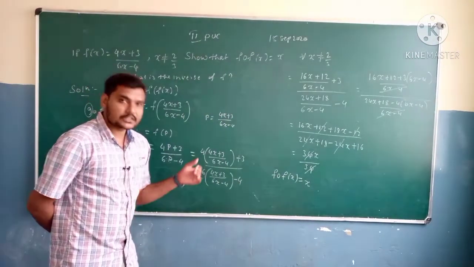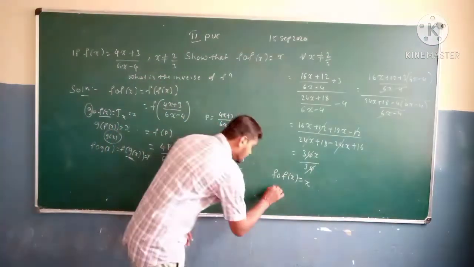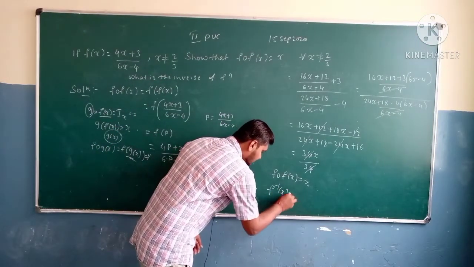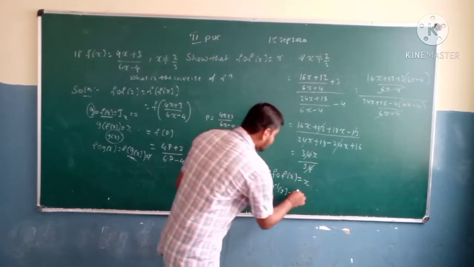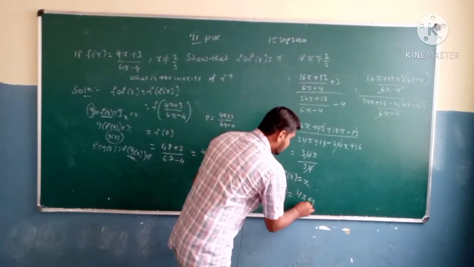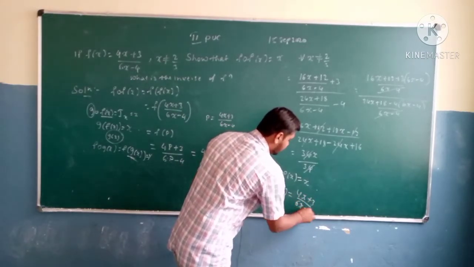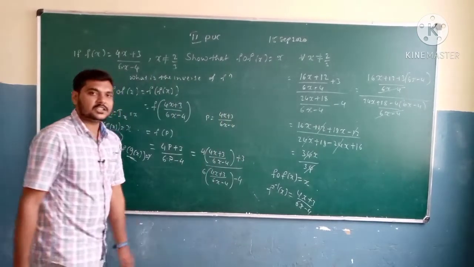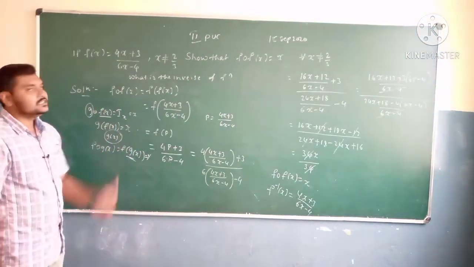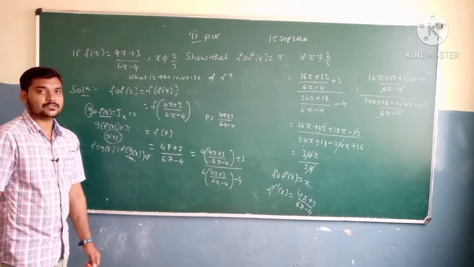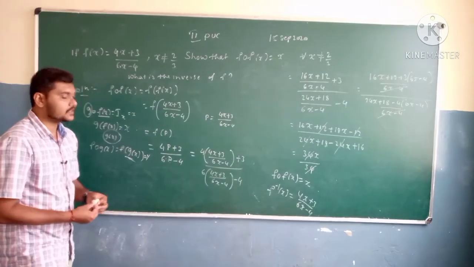So according to this statement, ಈಗ x ಗೆ ಬರ್ತಾ ಇದೆ, fog ಅಲ್ಲಿ x ಬರ್ತಾ ಇದೆ, ಇನ್ವರ್ಸ್ ಫಂಕ್ಷನ್ ಆಗ್ತದೆ. ಇನ್ವರ್ಸ್ ಫಂಕ್ಷನ್ ಅಂದ್ರೆ f inverse of x is nothing but this one, 4x plus 3 divided by 6x minus 4. 6x minus 4 is going to be the inverse of the given function. Okay, so just pause the video to note it down.